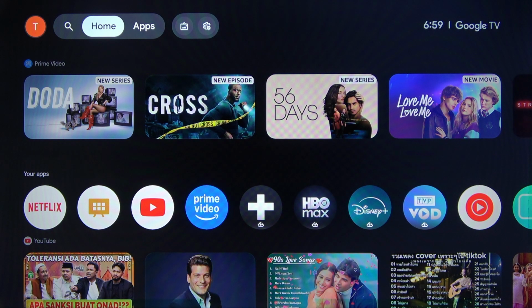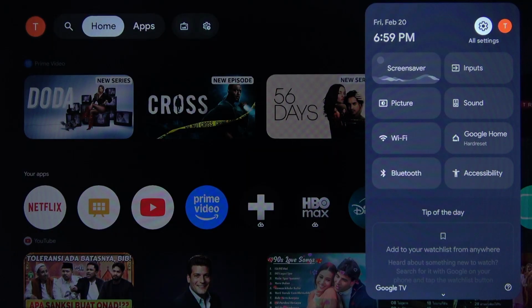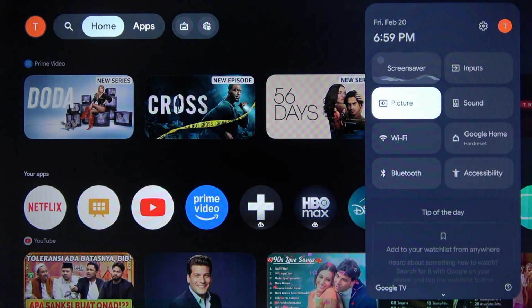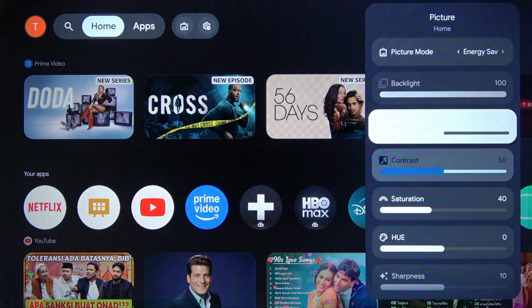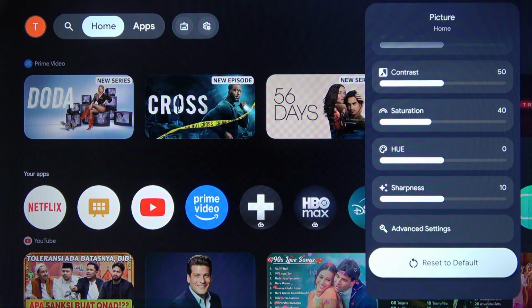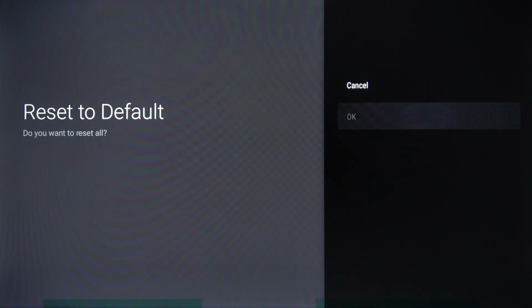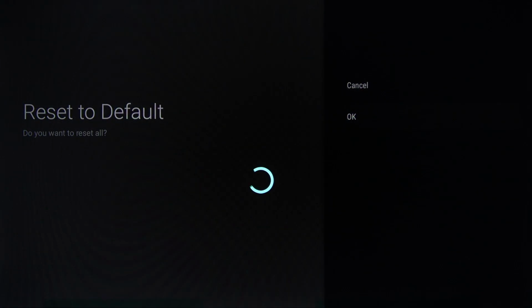To do that, all you have to do is press the gear button on your remote control, then scroll down to Picture tile and select it. Then in Picture Settings, we're gonna have to scroll down to the very bottom of this list and select Reset to Default. Then click OK to confirm your choice and wait until color profiles and the rest of the picture